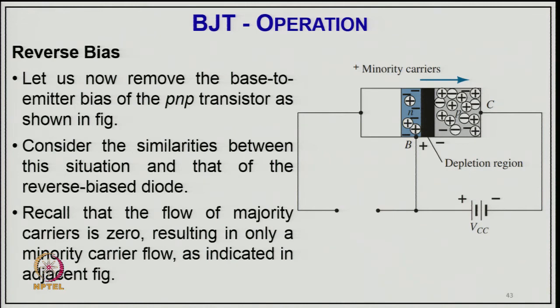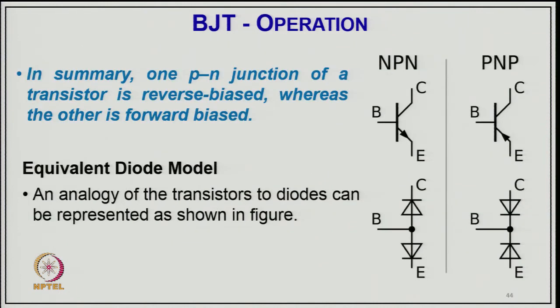So, this we call reverse biasing. As you can see, the P doped material is connected with the negative polarity, that is why the minority carriers only move in this direction. So, in summary we can say one PN junction of the transistor is reverse biased, and the other is forward biased, and the equivalent diode model is an analogy to the transistor, where the two diodes can be represented as